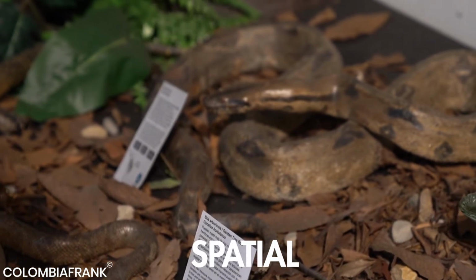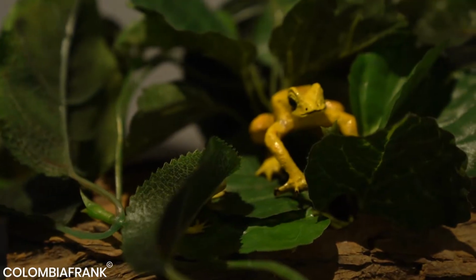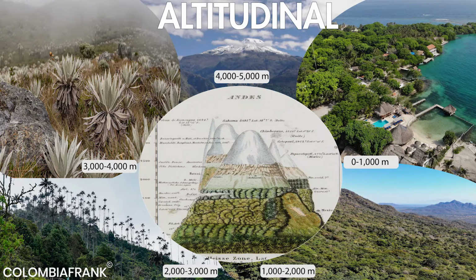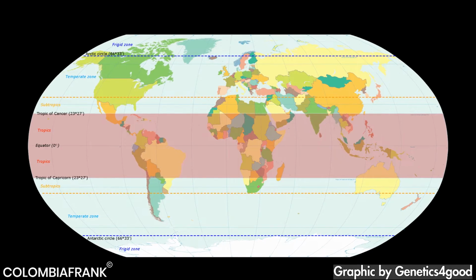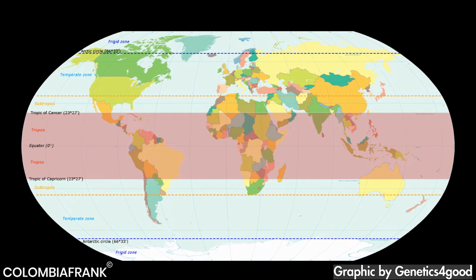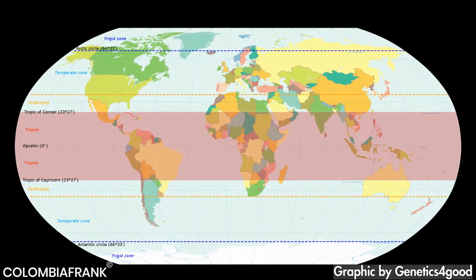And we have around the world two environmental gradients. Those are altitudinal gradients, the changes that we have along elevation, and latitudinal gradients, that are the changes in climate and characteristics from the equator to the polar regions. That's why, for example, we have the greatest biodiversity in the tropics.